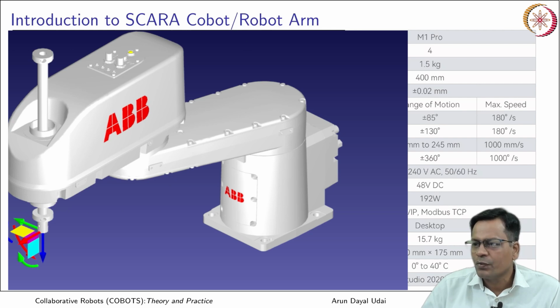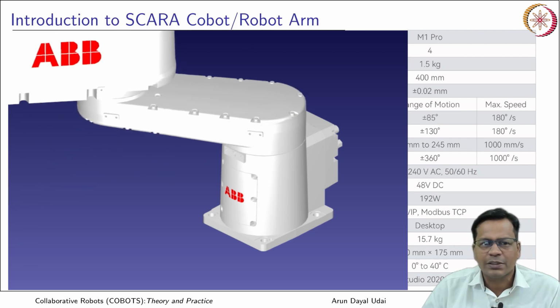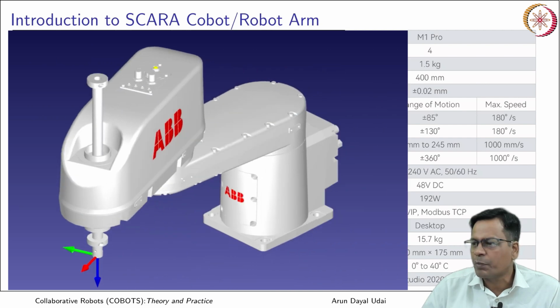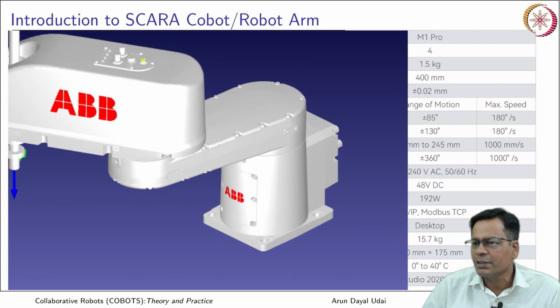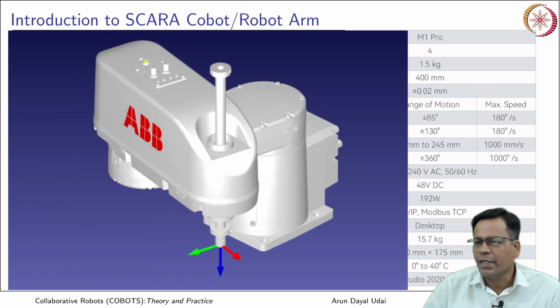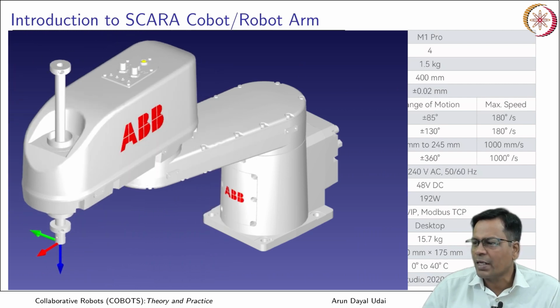So you see it has first motion, it can do like this, that is the revolute axis, that is perpendicular to the ground. Second one is something like this, again it is perpendicular to the ground where it is attached. Okay, the first and the second axis are parallel to each other and the third one also is perpendicular to the ground and it is prismatic this time, it goes up and down in linear way. Okay, so it is linear displacement. Okay, and the fourth one is revolute axis again.